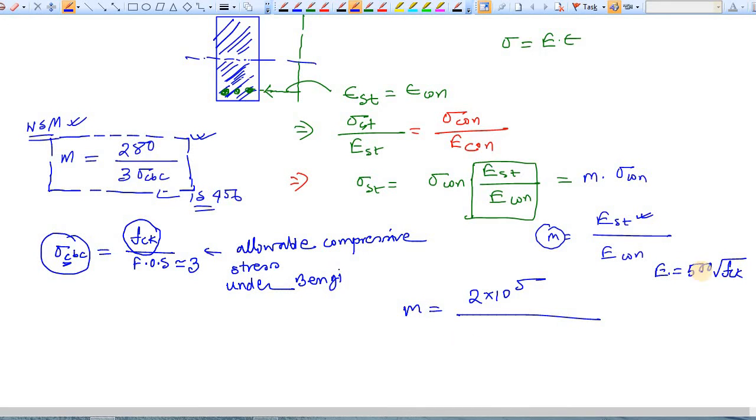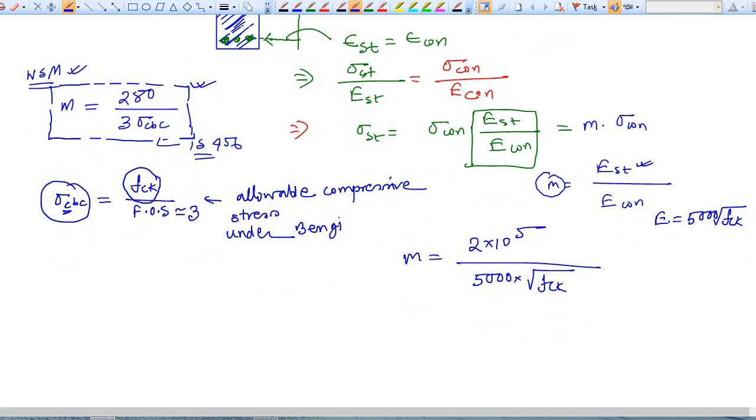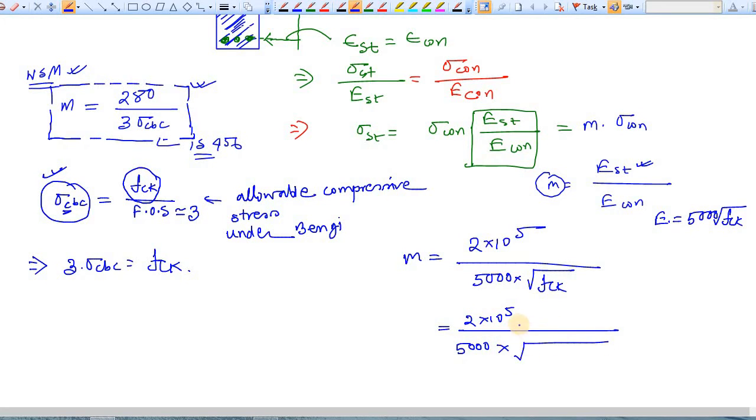Okay, so this is 5000 times square root of fck. And sigma_cbc is nothing but fck divided by 3, so fck is 3 times sigma_cbc, because sigma_cbc, the allowable compressive stress under bending of concrete, is taken as 1/3 of fck. So replace this: simply 2 into 10 to the power 5 divided by 5000 times square root of fck,